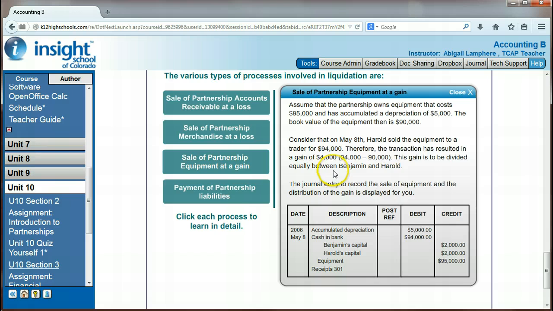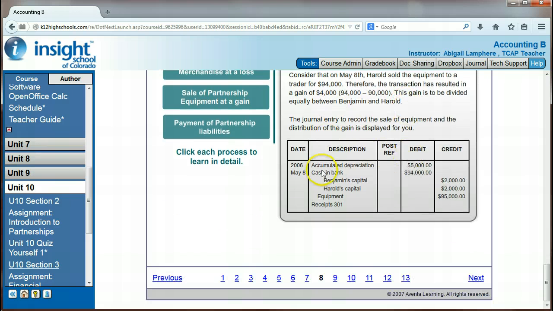This gain is to be divided equally between Ben and Harold. So this is what that journal entry would look like. So we got a gain on this transaction. First they record the accumulated depreciation, and then they record the cash in bank. So we received $94,000,